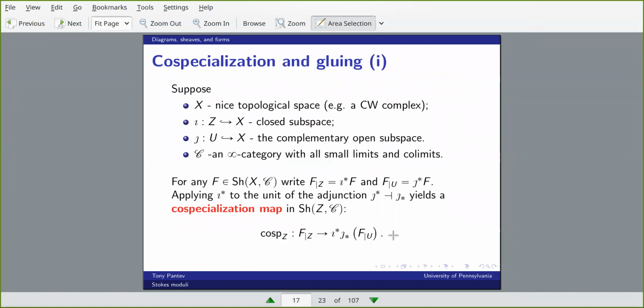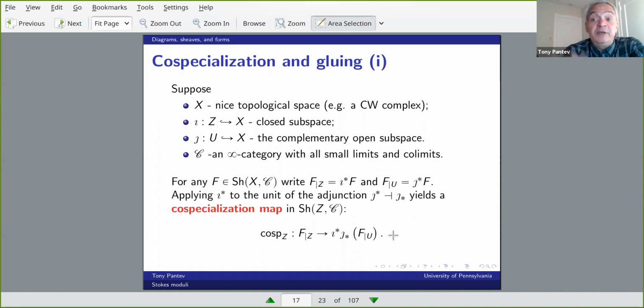Okay. So let me just recall the standard Recollement story. So if you have a nice topological space, say a CW complex, and you break it into a closed and an open, so you have a closed subspace and a complementary open, and you have a value category with small limits and colimits. And if you have a sheaf on X with values in C, then you can reconstruct that sheaf from its restriction to the closed and its restriction to the open